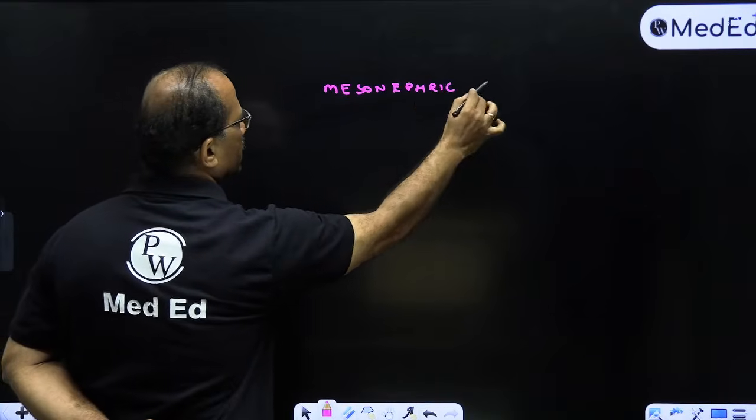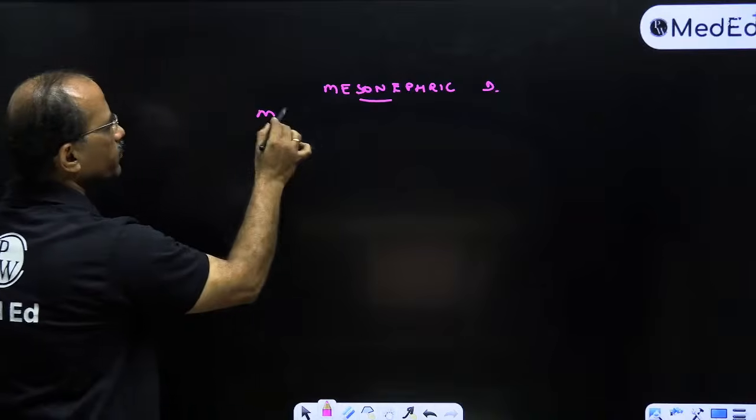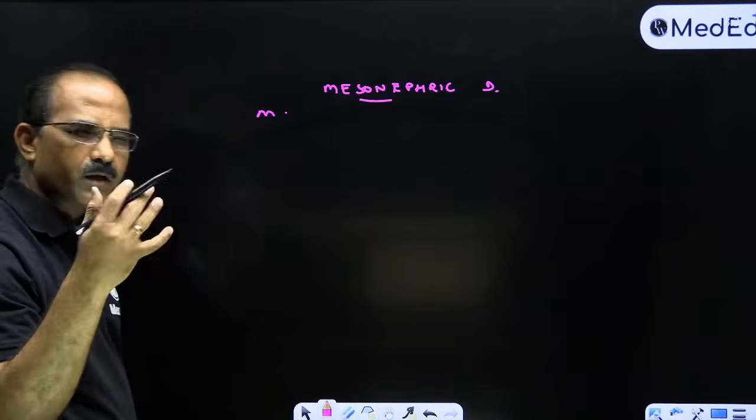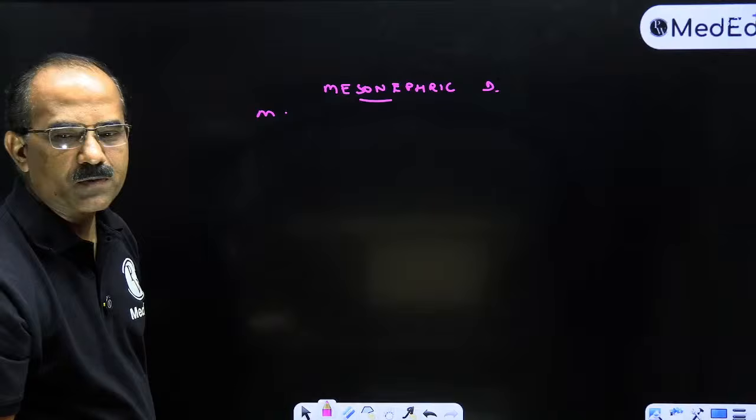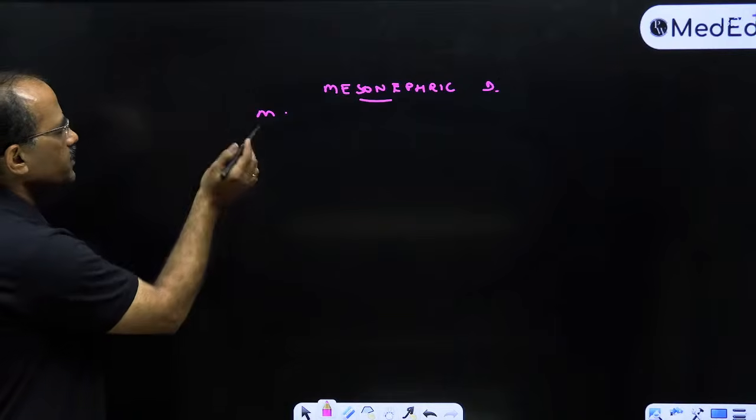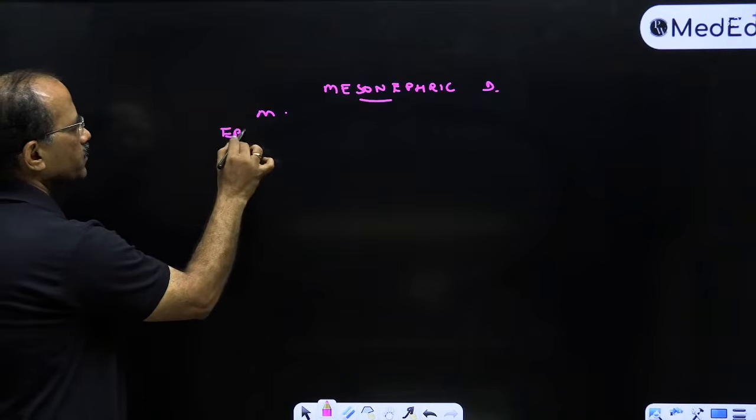Mesonephric duct in males. What does it form in males and females? In males, it forms the complete genital system of males. What does it include? Epididymis,